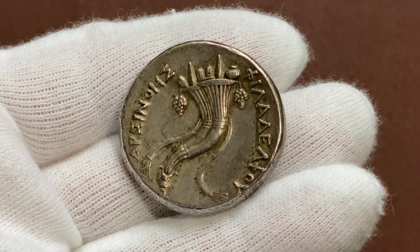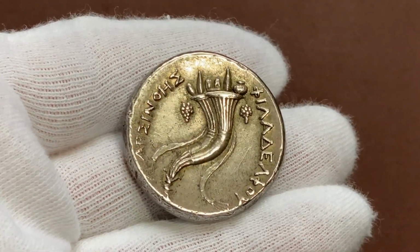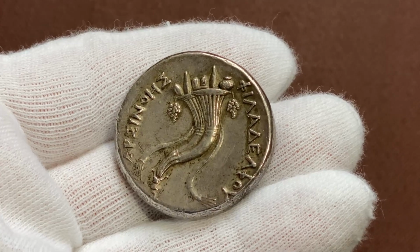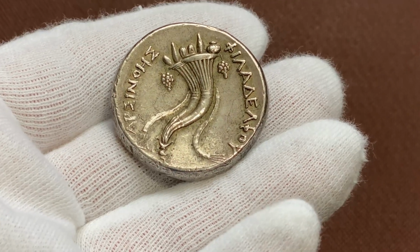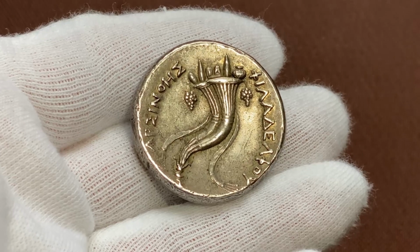In this particular case, we can even see two bundles of grapes dangling from its edge. The cornucopias are tied together with this strip of fabric. This was the royal diadem worn by ancient Greek monarchs to symbolize their power. So in a sense, this shows that the prosperity of the Ptolemaic kingdom was a direct fruit from the king's